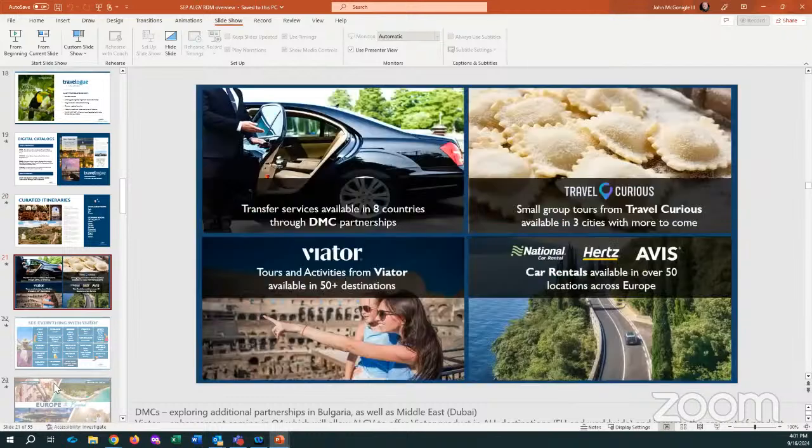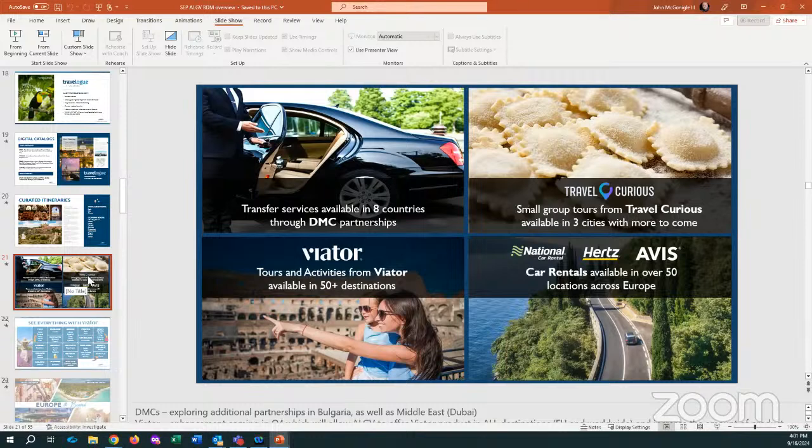With that in mind too, we've actually got a lot of different partnerships with people around the world, and especially if we're talking for Europe, the one that may jump out to you is Viator. We have a marketing agreement with Viator. So everything that Viator offers in over 50 destinations in Europe and beyond appears automatically as a feature now on the VAX booking platform, ALG Vacation. So ALG is the same as VAX. Think of it as just 2 different words. It's kind of burgundy versus red, 2 different ways to call the same type of color, right?